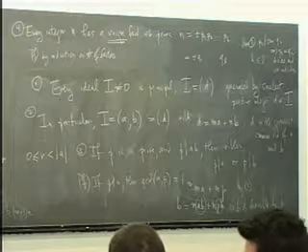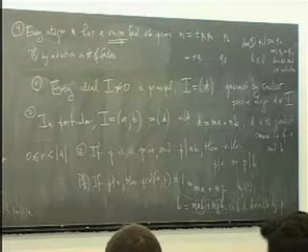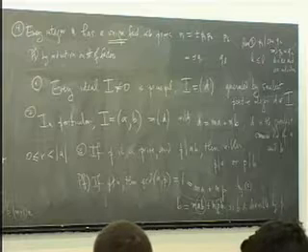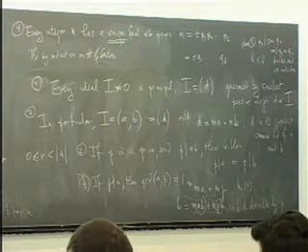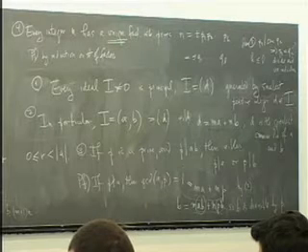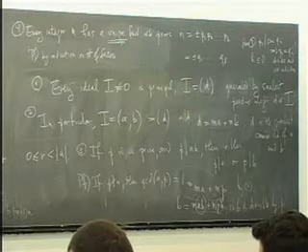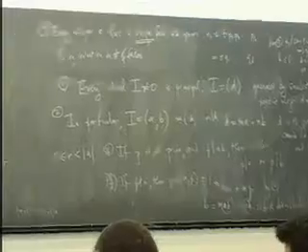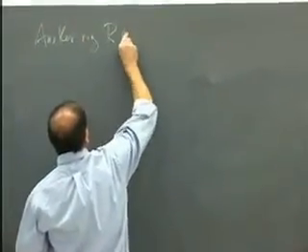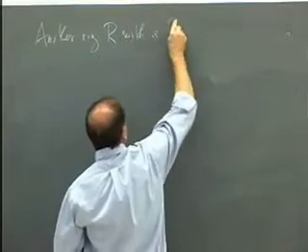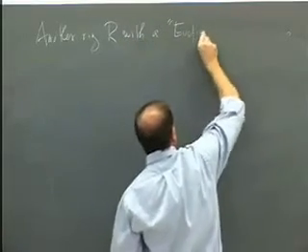So let's see another example where we can get the exact same mileage out of this. Another ring R with a Euclidean algorithm